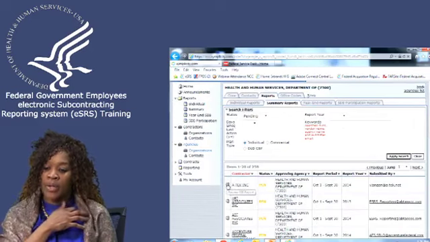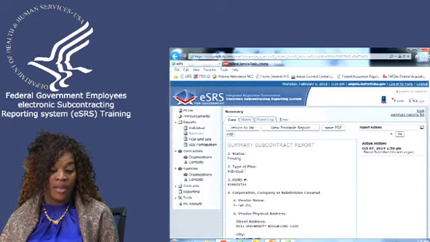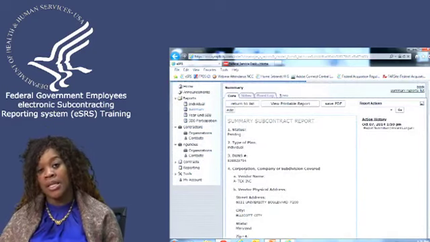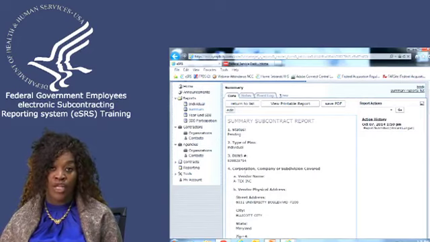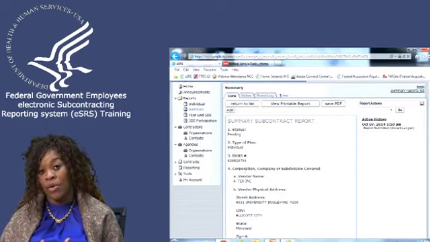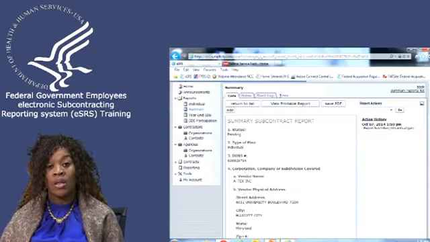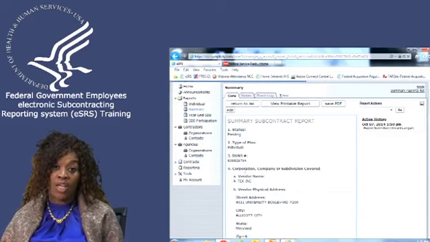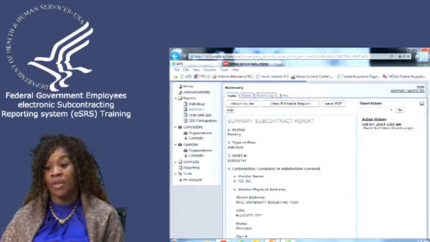I'm going to look at this particular contractor. Their report is in pending status. It is an individual report. You definitely need the individual subcontracting plan when reviewing the individual subcontract report. You cannot review this report without the subcontracting plan, because what you're looking for with this plan is to ensure that they met their subcontracting goals. The only way that you know that they've met their subcontracting goals is by having the subcontracting plan. If they do not have the plan, then you just cannot review the report.